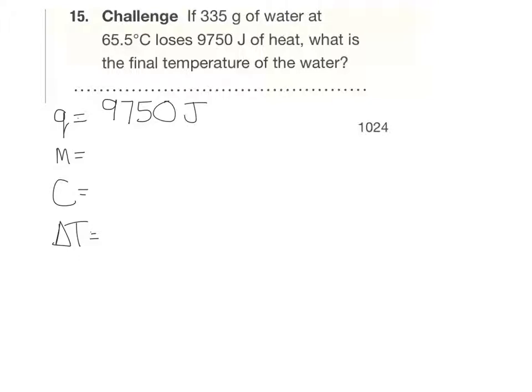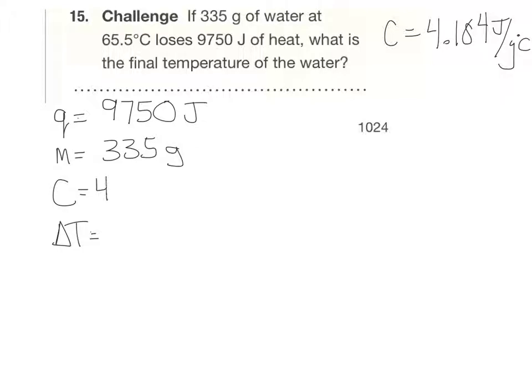And then we look at the problem and we find the mass. And then the C, now they don't mention the C in here, but I can tell you off the top of my head, the C for water is always 4.184. That's just the specific heat of water. If we gave you this problem on a test or a quiz, we would give you this value as well. So we're going to plug that in